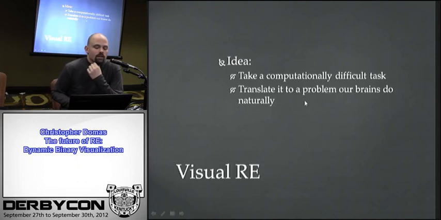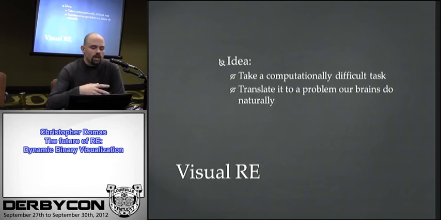So the idea here is that we can take a computationally difficult task and translate it into a problem that our brains do very well. In this example, we're going to take the difficult task of understanding binary information and translate that to something we're very good at. In this case, that is understanding visual information. Our visual cortexes are very powerful. We are really good at processing 3D and spatial information. So if we can find a way to translate binary information to visual representations, we can analyze it much faster